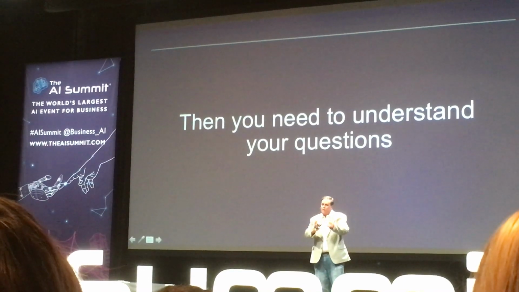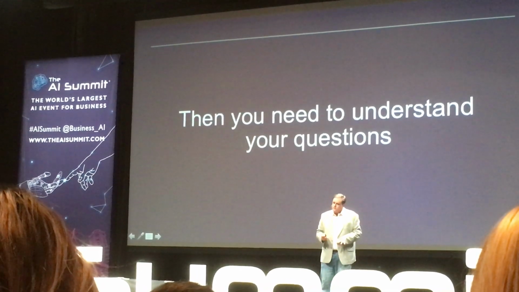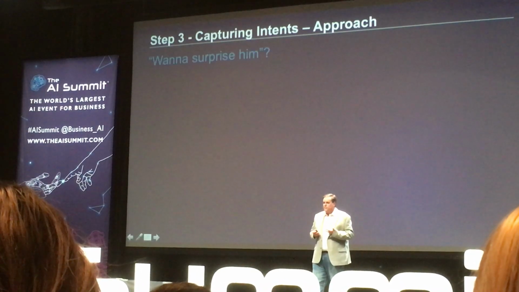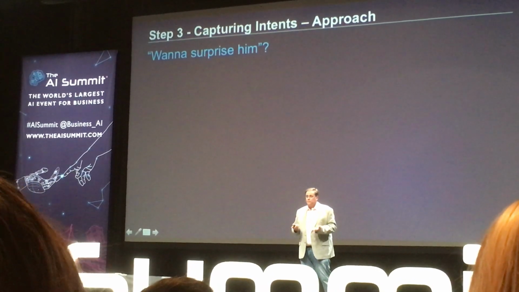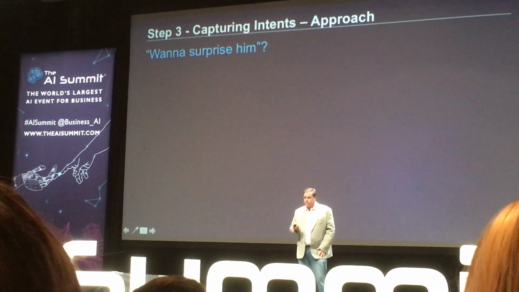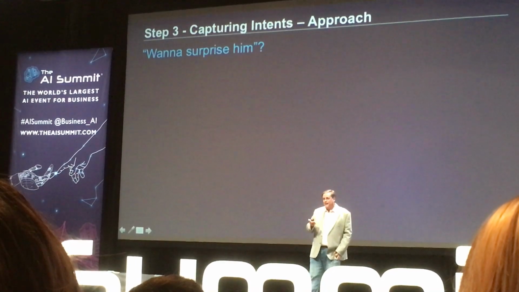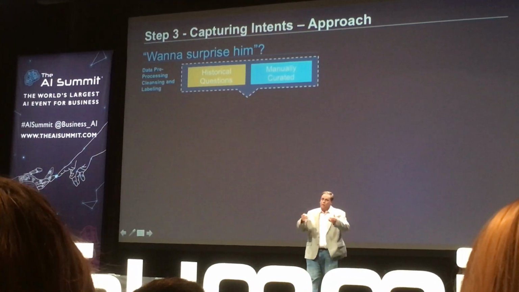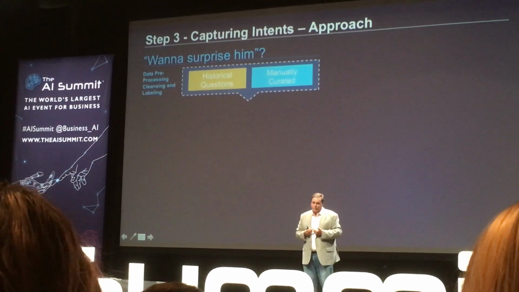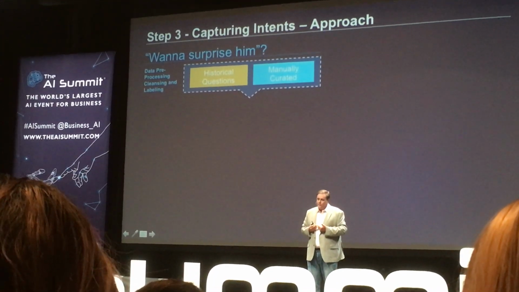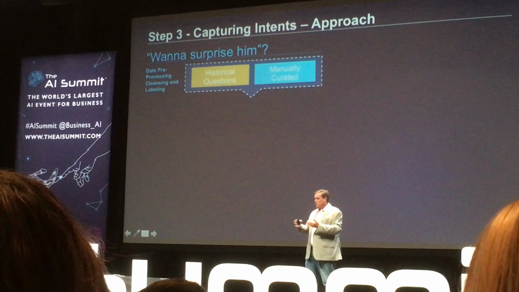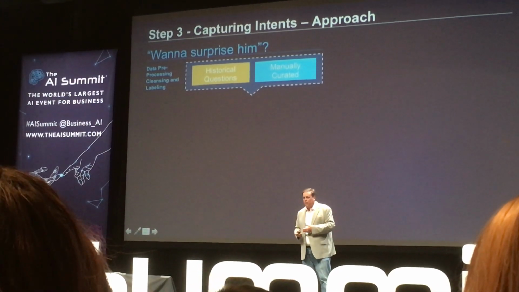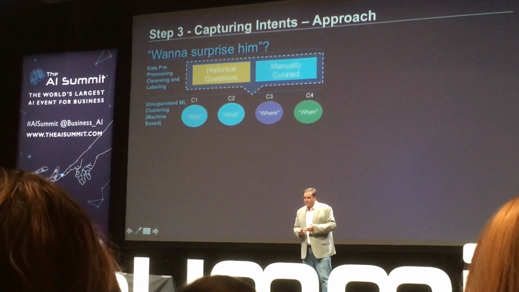I haven't even done the questions yet. All I've done is sort of manage the content. Now I'm going to figure out how to capture my intent. So the question here is, want to surprise him. So that's the intent. What does want to surprise him mean? So how do I do that? I gotta again load every one of those phrases into the system, right? And if I'm lucky, I've got maybe some historical data that talks about that's a surprise party, and I'm able to cluster it.